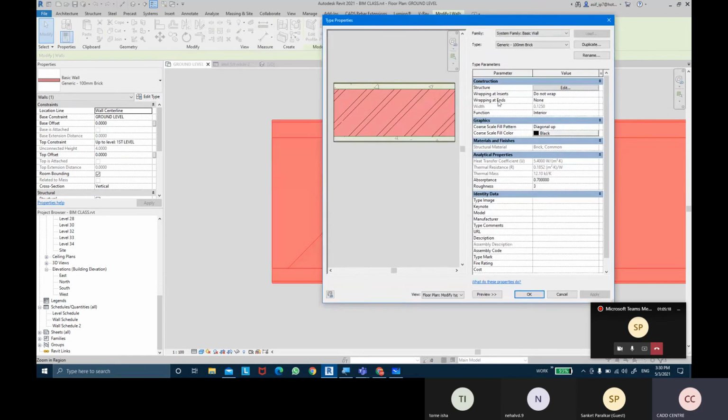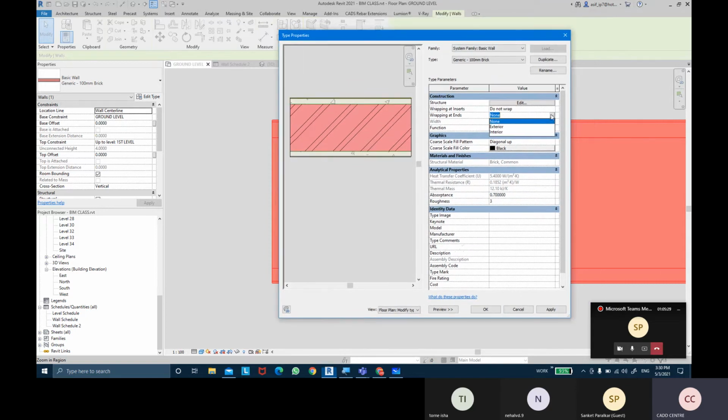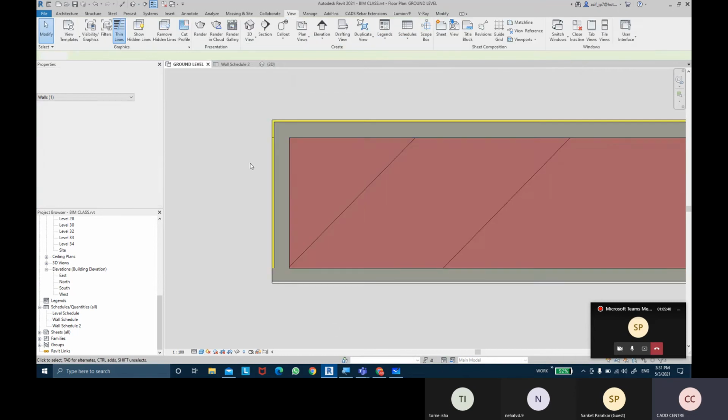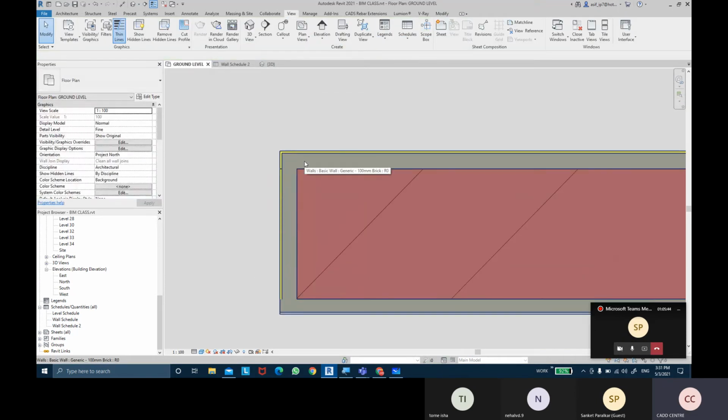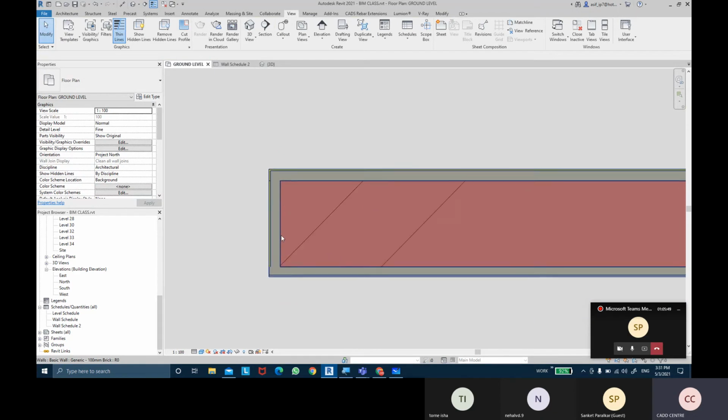And over here we have wrapping at ends, and wrapping at end यहाँ पे none लिखा हुआ है. We'll select this and we'll apply. Two ends are there. One is exterior wrapping, one is interior wrapping. तो अगर supposingly मैंने exterior wrapping लिया end पर, okay, तो अभी apply करते हैं, okay करते हैं, तो क्या होगा कि exterior का जो पेंट और प्लास्टर होगा वो कॉर्नर पे जाके अप्लाई होगा. ओके, मीन्स एंड ऑफ द वॉल पे जाके अप्लाई होगा.